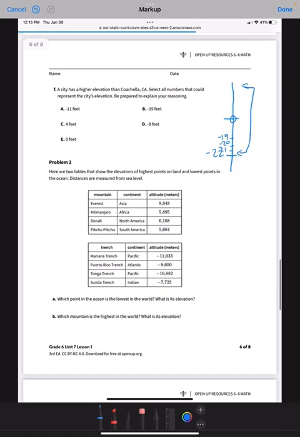So if I count back up towards 0, I would find -11 in that bunch, 4, 0, -8. The only one is -35. That would be way down here. So it would be A, C, D, and E. I'm going to give you another couple minutes to answer problem 2.